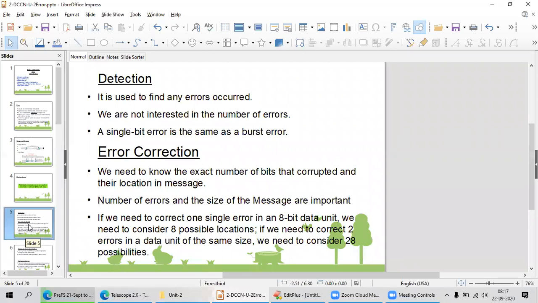We are not interested in the number of errors, as I told you just now. In the detection technique, if there is only one single bit error, it is the same as a burst error. That means if I have 5 bits changed, in that case also I am going to consider this particular frame an error frame.